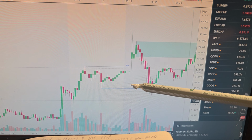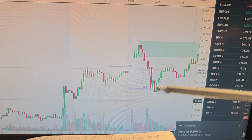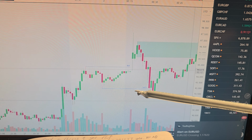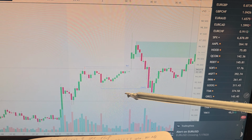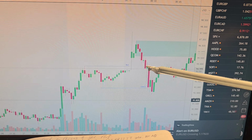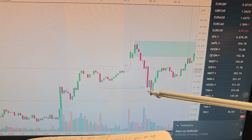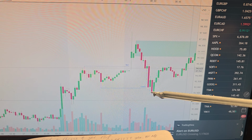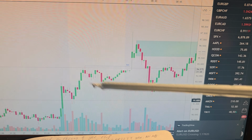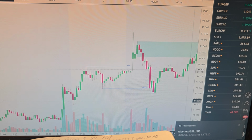But using the Bennett framework to get the context of the most current context last night, if we're to take this as a break of structure, then we can take this as a choch, whether we should or we shouldn't, as we gain more experience. And this is why we're doing this video, is this a valid choch? And if it is, then we have sellers in control due to the acceptance under this choch point, this protected low of this BOS. And if that's the case, then we actually have an order block right there, and the